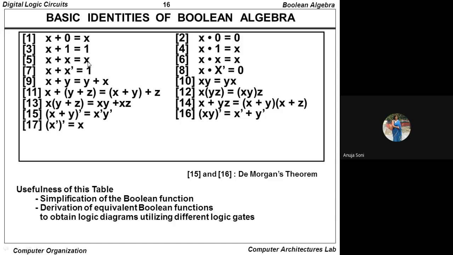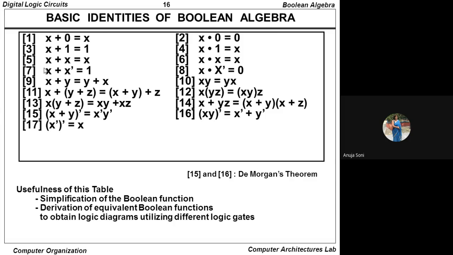So hence it proves. Now we come to the next Boolean identity, that x plus x dash will always be 1. How? That means 1 always will be true and hence the result will be true. True means 1. If we take the value of x as 0, then x dash will be true. It will be 1. Hence the result will be true. That means it will be 1. In case we take the value of x as 1, already true, then x dash will be false. But already one variable is true. Hence the result will be true. That means it will be 1.